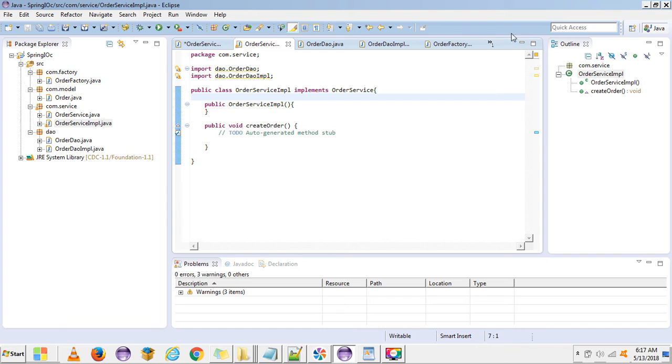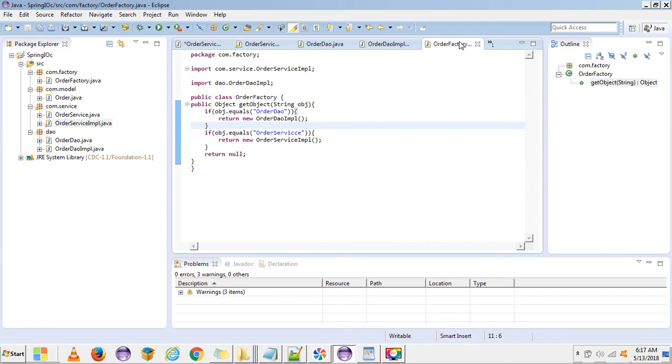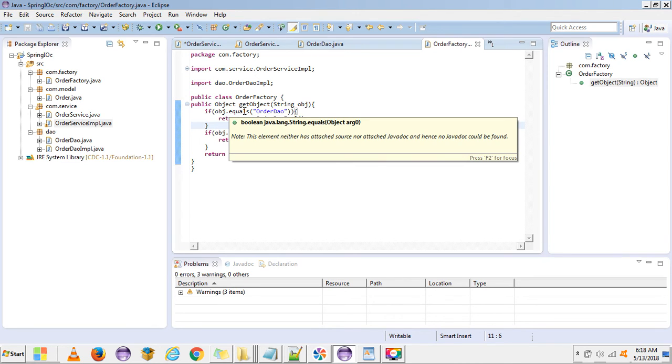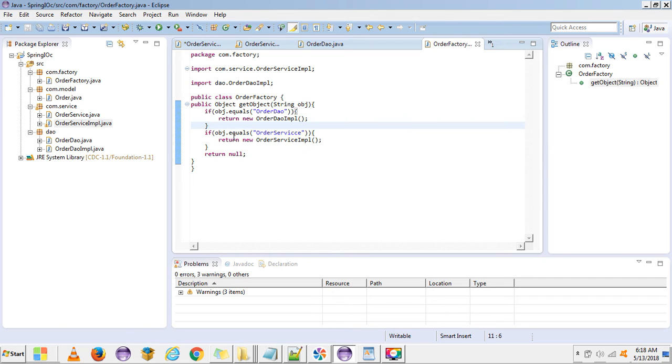So again, using the factory pattern, we created a factory class, and then we can use this factory class anywhere in our application. So this is another way to get the object from the factory class and to remove the type coupling between the modules. But again, the problem is when the number of objects increases, then for example, this